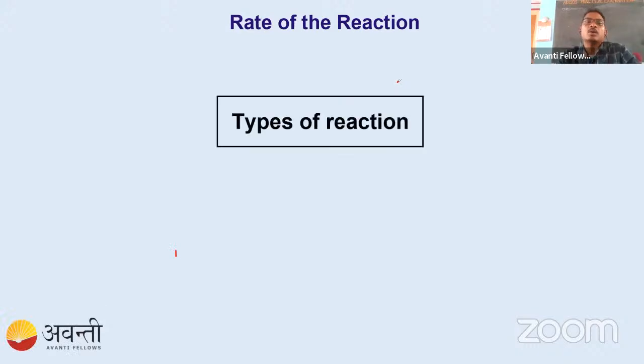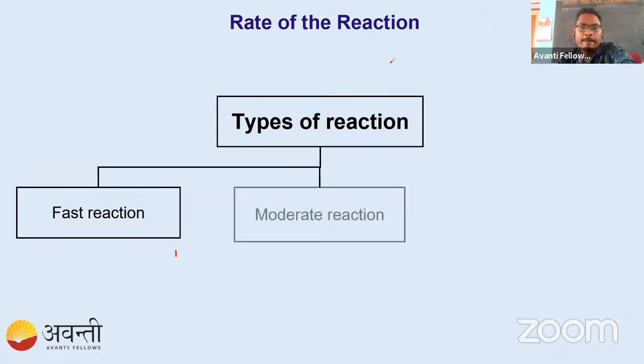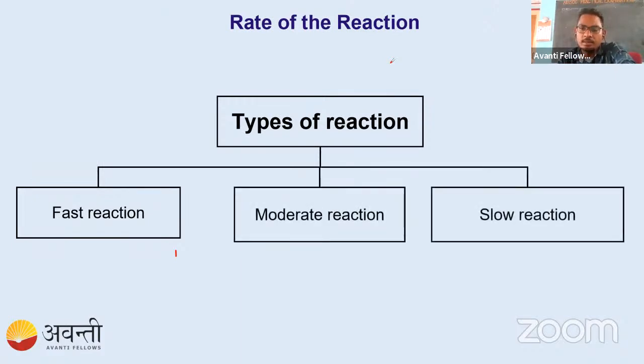Okay, now we have come to know, in this chapter we are going to discuss the speed of any reaction. So we can classify reactions according to their speed. Some are too slow, some are too fast, some are moderate. So let's see one by one. Like if you see the tortoise, they are moving very slowly, and Usain Bolt is running very fast. So based on this, if we compare the speed of reactions, we have fast reaction, moderate reaction, and slow reaction. Okay, so let's see one by one.